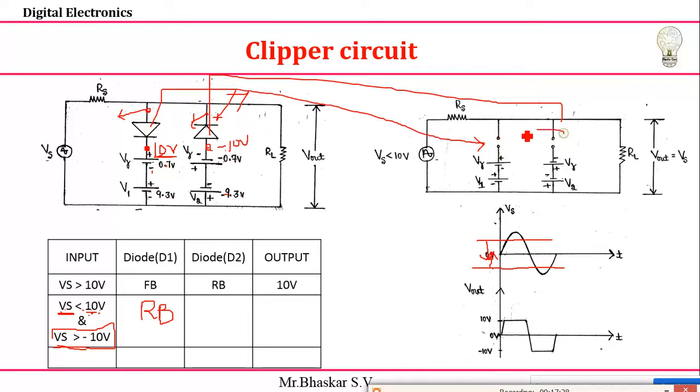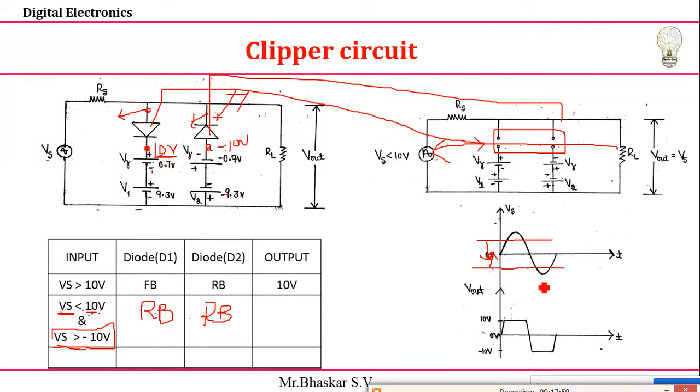See, this is an equivalent circuit of that. If I got the open circuit, then this is reverse bias and this is also reverse bias. Now you tell me what is the output voltage we are getting. Both are reverse bias. See, this is the output voltage I'm going to take here. There is no barrier here. So completely my output voltage is equal to my source voltage, meaning the shape of the output waveform totally depends upon my source voltage.